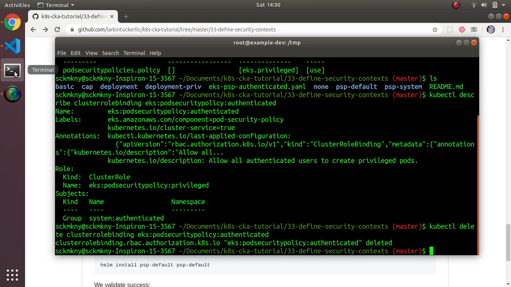So if I was to try to reboot my cluster right now, I'm not going to do it, but if I did, all those daemon sets and replica sets that try to come up, the system accounts they use will not have the ability to create any privileged pods. I'm sure a lot of those pods have privileges, like some of the kube-system ones. I'm sure they do some stuff that is privileged, right? So the point is that right now I'm in a bad state because I basically